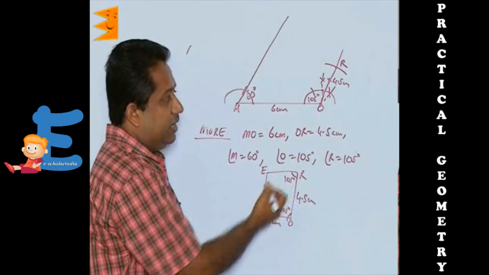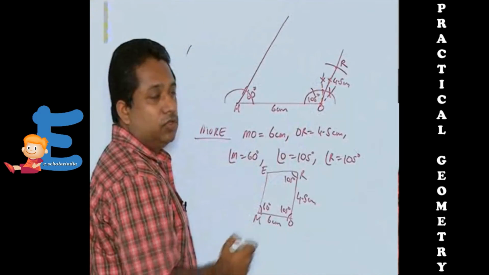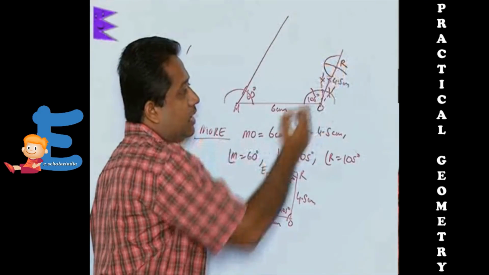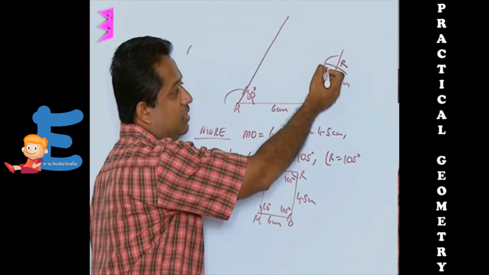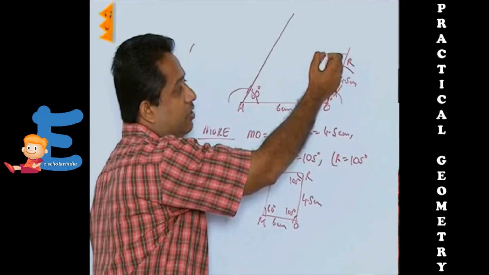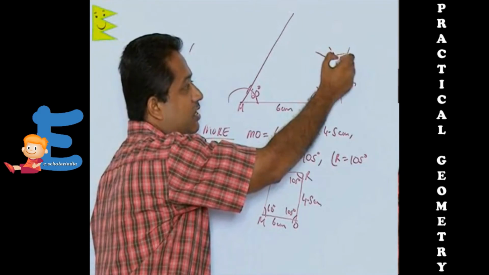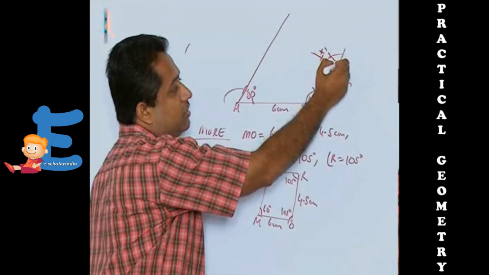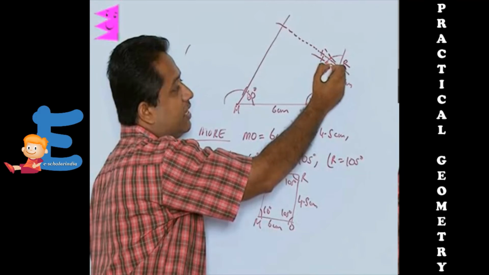Again at R, the angle given is 105. So the process that we did at O has to be repeated at R. For that we are going to draw an arc. This arc is drawn without changing the radius. The first cut from this point is 60. Then from here the second cut becomes 120. From 60 and 120 you are going to cut arcs. This is going to be our 90 degree line. This of course is our 120 degree line. From 90 and 120 you are going to cut arcs and join it to this point R.